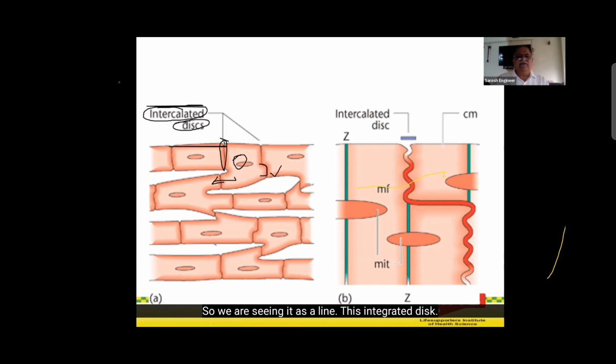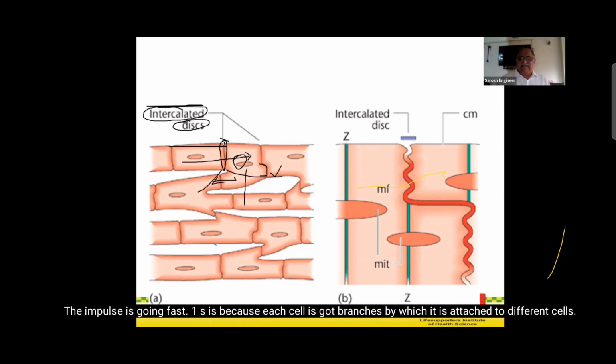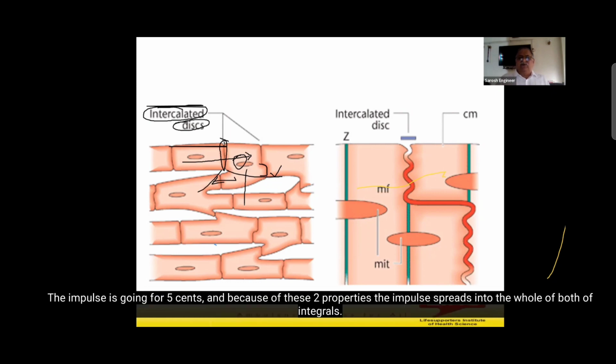This intercalated disc, in the good old times, people said that the impulse from this cell will go to this cell very fast. And from this cell will again go to multiple cells very fast. Each adjacent cell, the impulse is going fast. Second, because each cell has got branches by which it is attached to different cells, it is able to pass the message on to multiple cells at one time. It is not 1:1. There's 1:4, 1:5 like that. The impulse is going to 5 cells. And because of these two properties, the impulse spreads into the whole of both the ventricles at the same fraction of a second